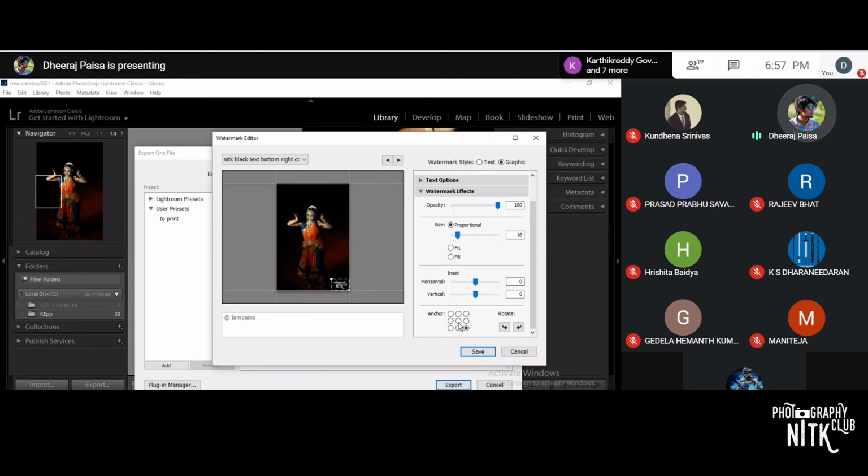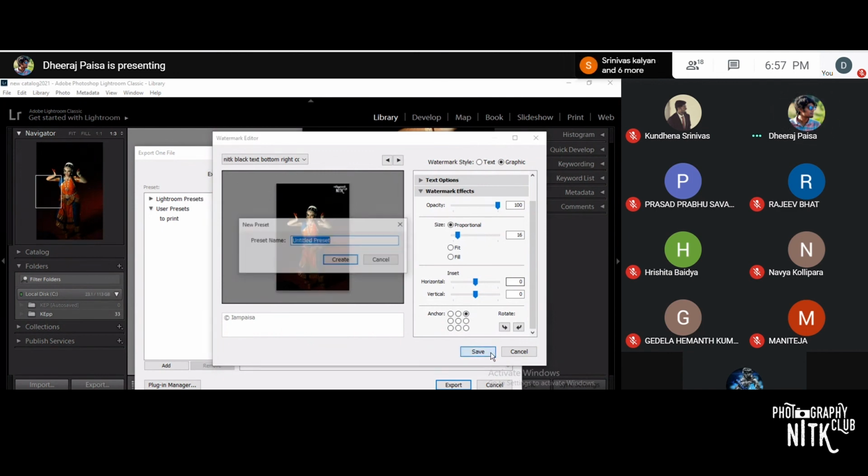This is anchoring the watermark. Either you want to place it on the top right corner or top left corner or bottom end corner. The most ideal position to place a watermark is the top right corner of the image. That is this part of the image. So let's place it over there. And select save.